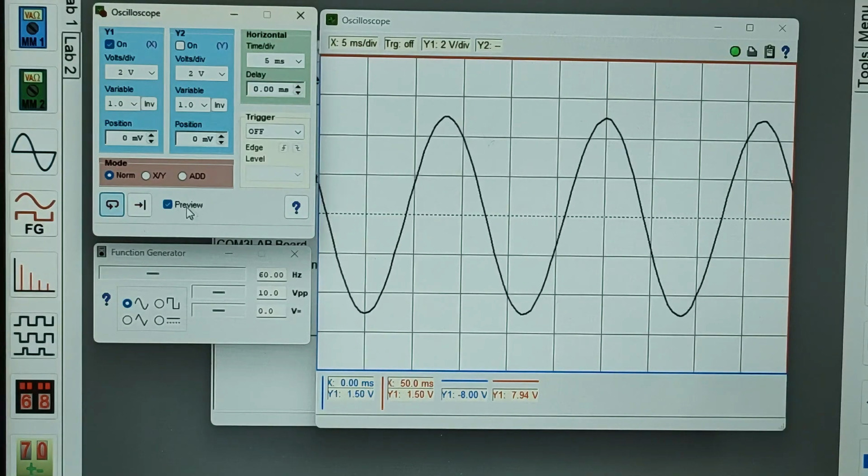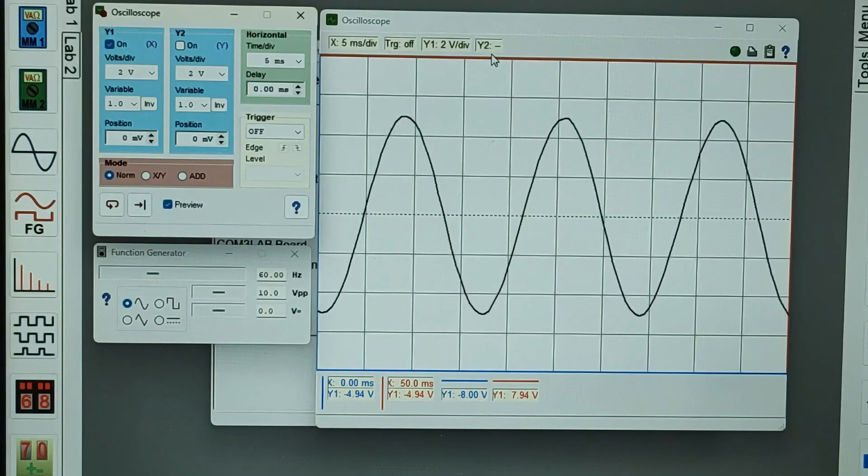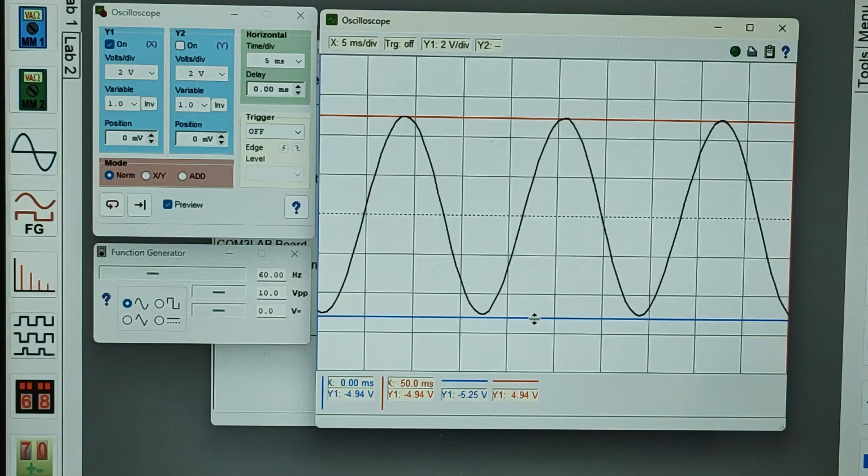Actually, we can measure or confirm that 10 volts peak-to-peak through the use of the cursors of the oscilloscope. We do it in this way. I'll first put it in one sweep, like that. And position the cursor on the top peak of the wave, like so. The red one, and the blue one on the bottom peak of the wave. So. And the peak-to-peak voltage can be measured through the values of the numbers here at the bottom.